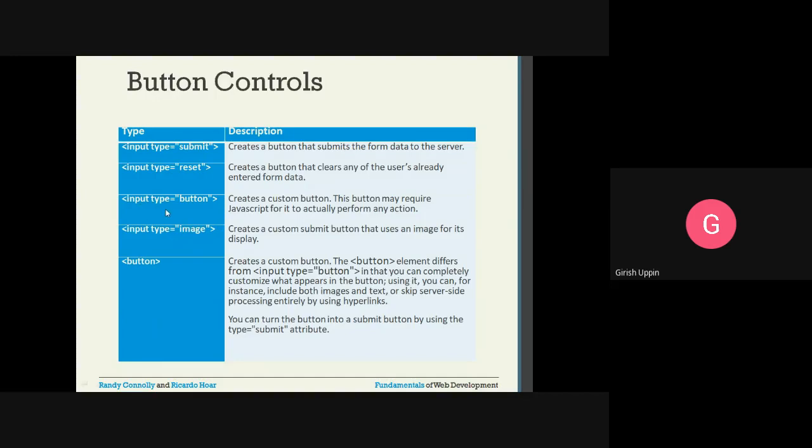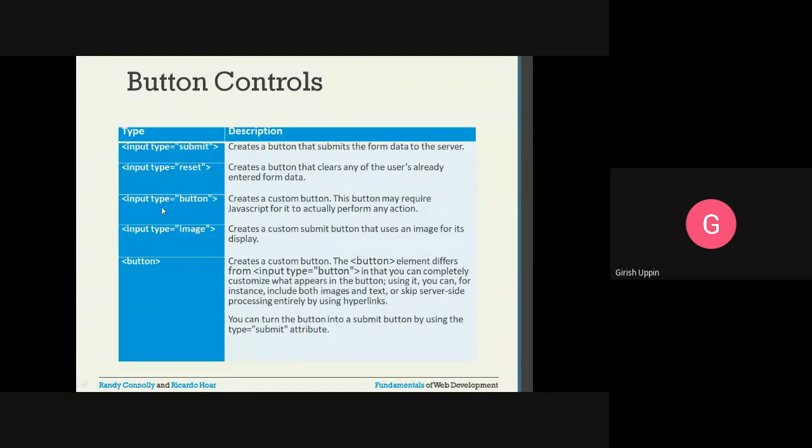Next one is input type is equal to button. So this will create a button. By default, a submit button will submit whatever the form data is to the server. If you have a reset, whatever data the user has entered will be cleared.